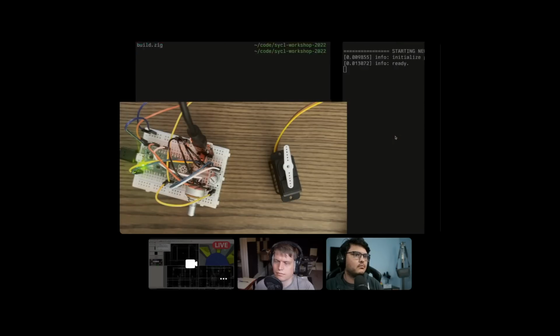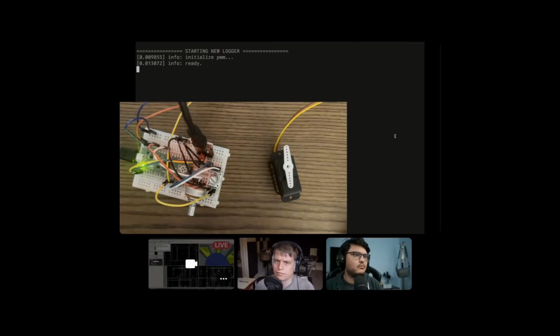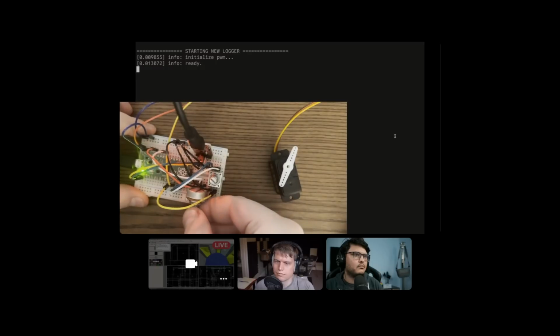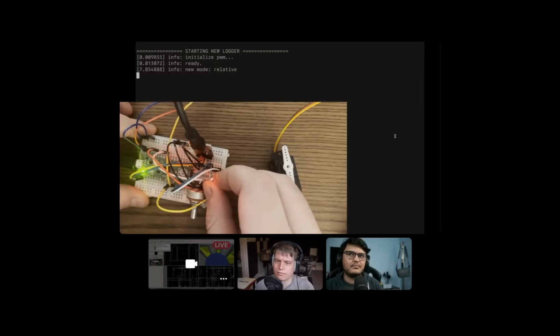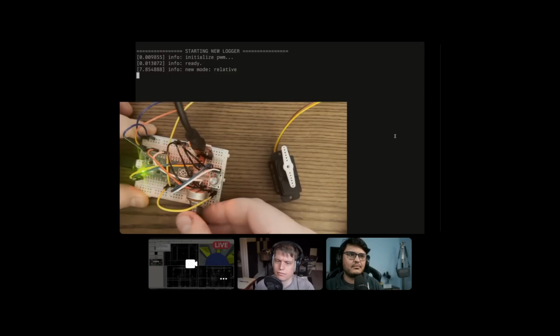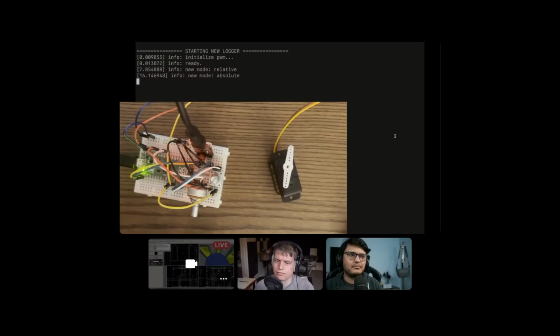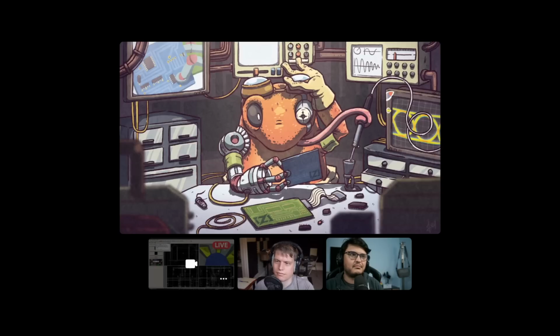We can see logs from the serial connection, and as I turn the potentiometer, the servo turns as well. Pressing down on the encoder changes the mode so that it has fine-grained control over the rotation. Pressing it again causes us to return to our original state. Anyways, that's all the time I have. So if you're interested, please come join our Discord server. And have a good Zig Rush.